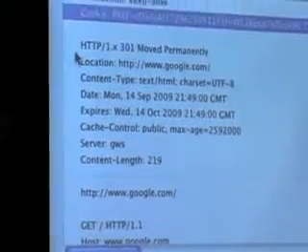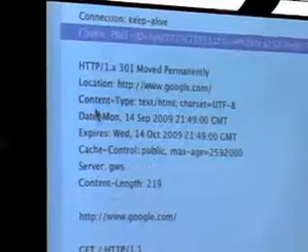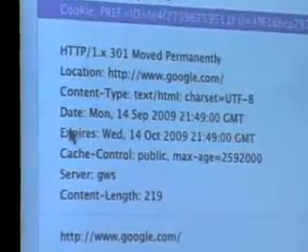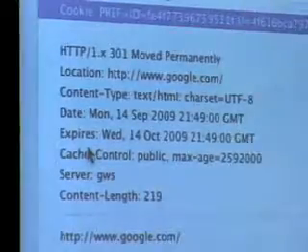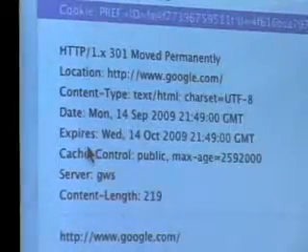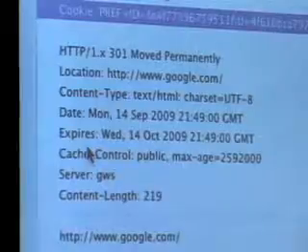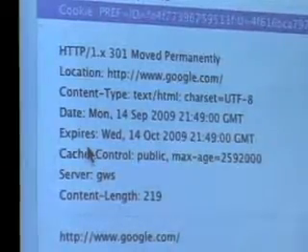Well, let's see. Content type, kind of uninteresting. Date. Okay, expires, getting a little more interesting. Cache control. So we'll see, too, that now that you're implementing dynamic websites with PHP, you kind of have to be more sensitive to issues of caching. Because if the whole point of your site